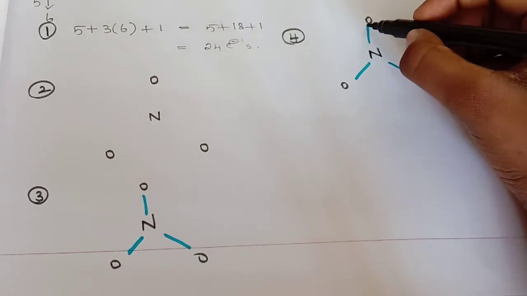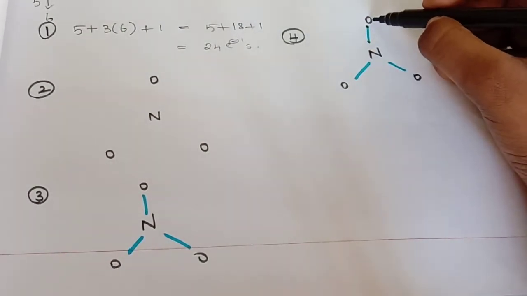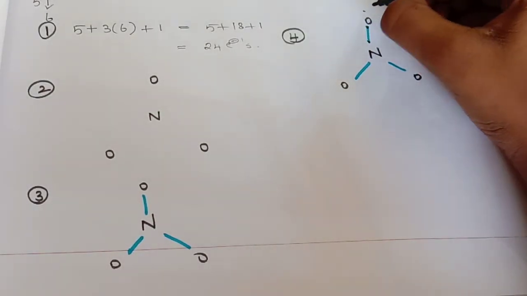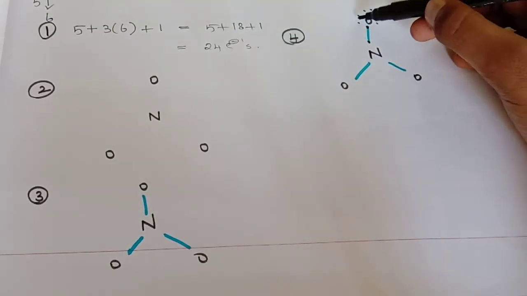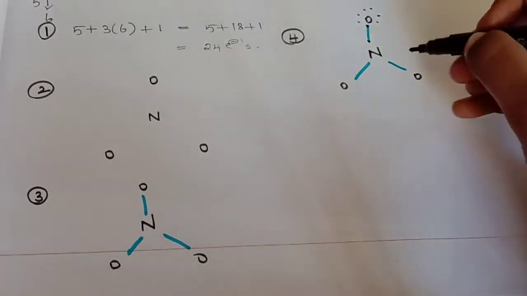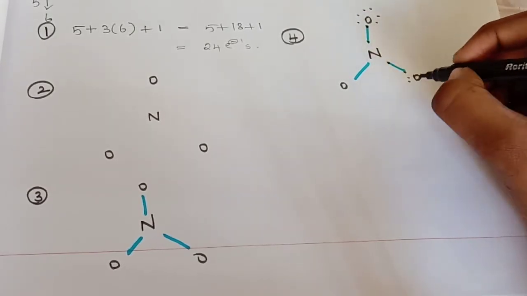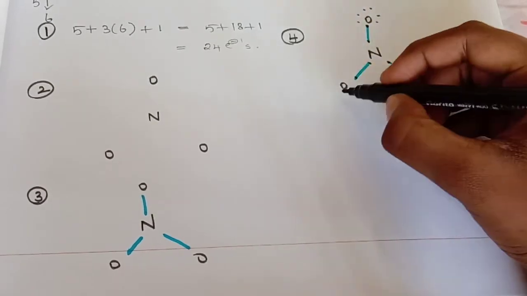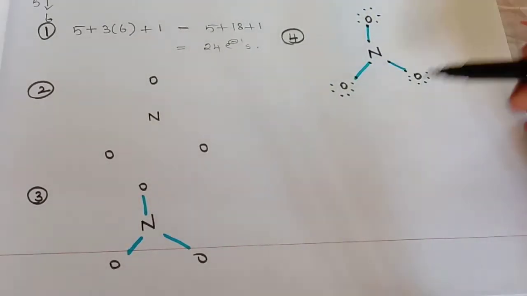Now here you have 2 electrons, right? For oxygen we are going to do for this oxygen. You are having 2 already. Then how many more needed? 6 more needed to complete the octet. 1 2 3 4 5 6 7 8. 8 fulfilled. Here let's see for this. 1 2 we have, 3 4 5 6 7 8. Okay. 1 2 we have, 3 4 5 6 7 8. Okay. Completed for all this.